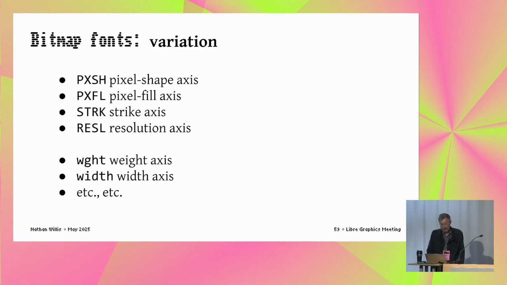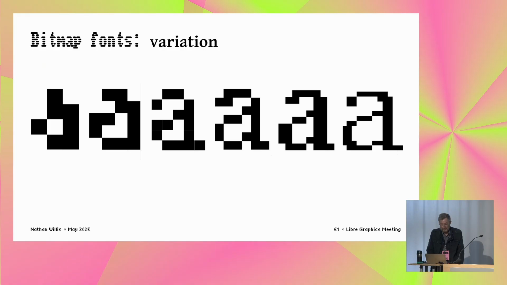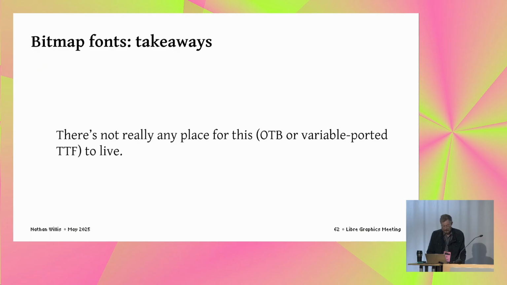How much of it can be turnkey? I think almost all of it's automatable. On the other hand, there is still some design happening there. Not just with the pixel shape, where I made choices for how that interpolates, but if you think about the strikes, that's not just one thing changing, right? Like the proportions and the weight are changing between the strikes too. So if I say this is an axis, I'm pre-making some design decisions for people there, and I don't know that that's the right thing to do.